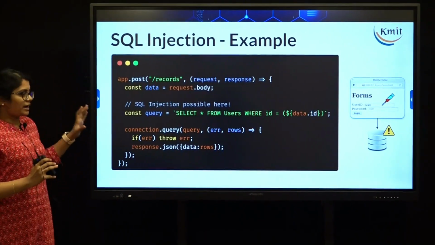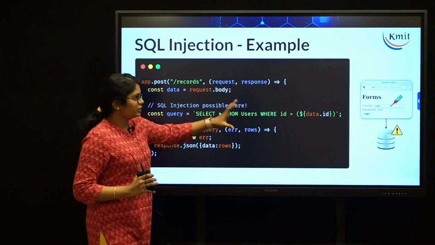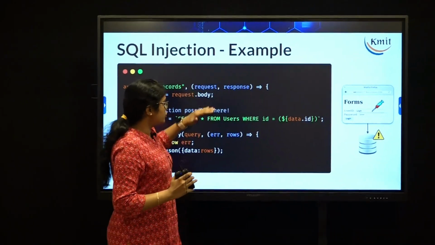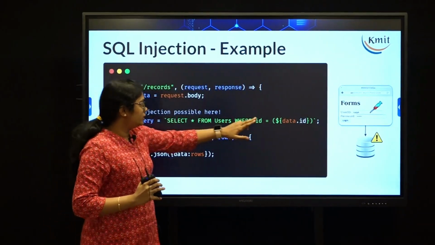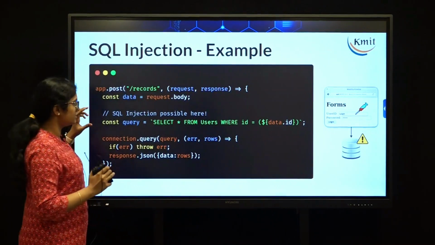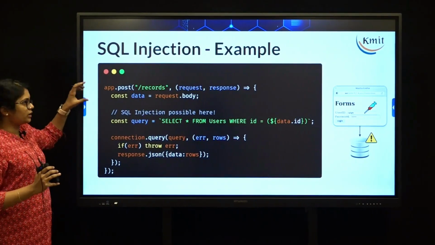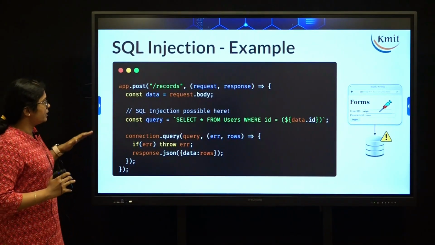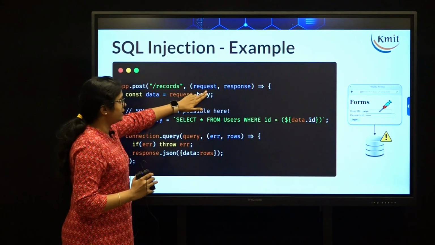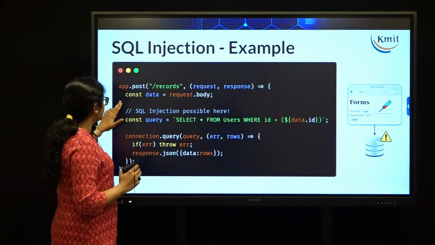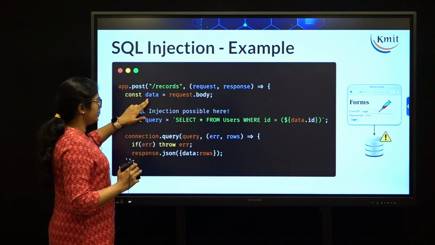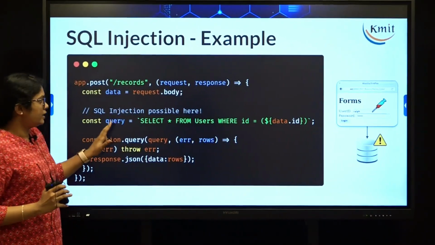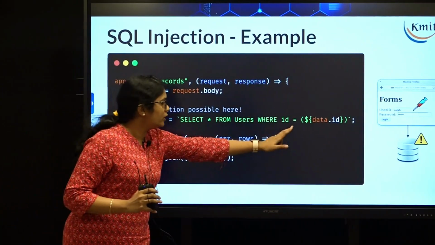Now coming to the backend part, we said that the form is going to act as an interface where you put some kind of information and it goes to your backend. Now normally when you click on login, it calls a service. Now assume that we are calling this service here, and what is the service here? It is called records, and here we are receiving the data through the request body. And what are we doing? We are reading the data in this variable called data, and then what are we doing? We are building a query here using